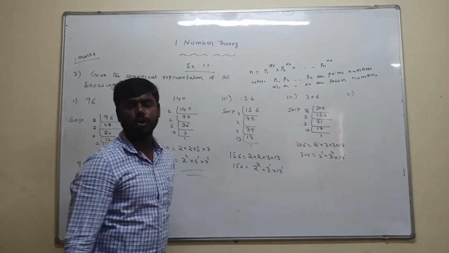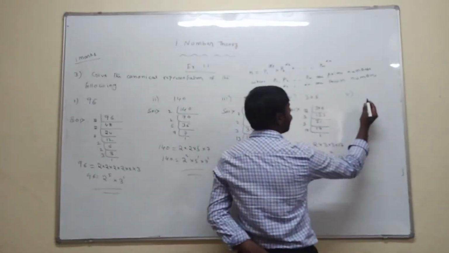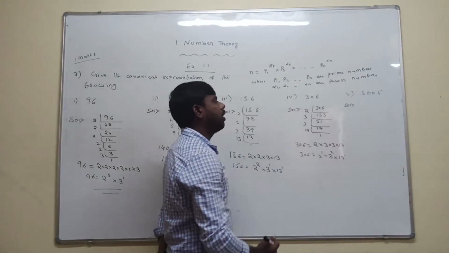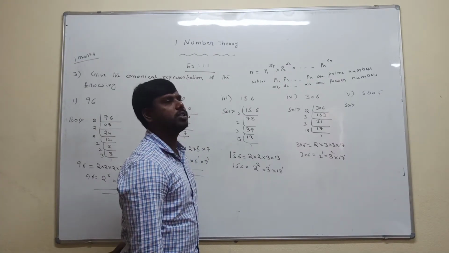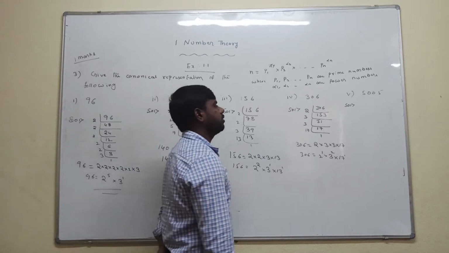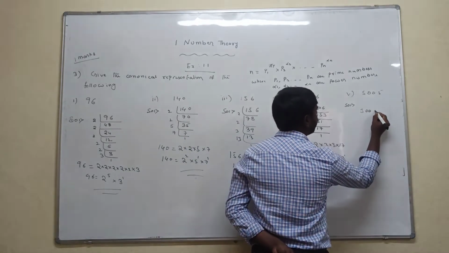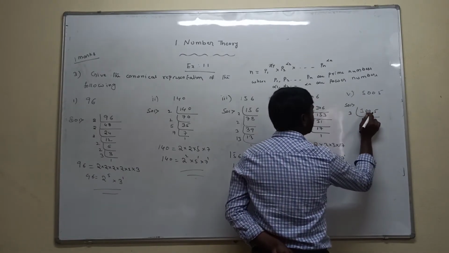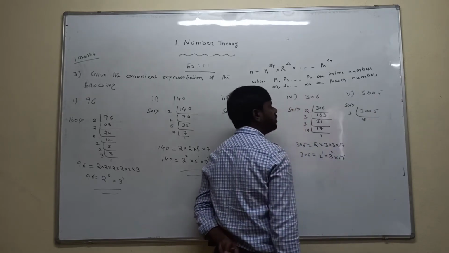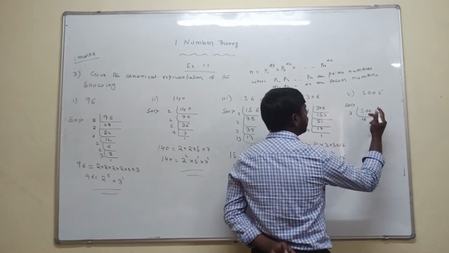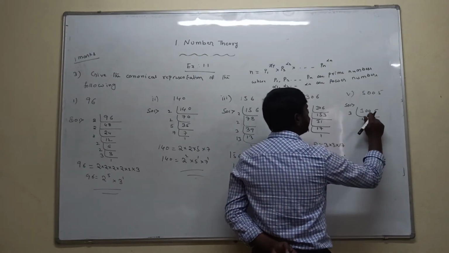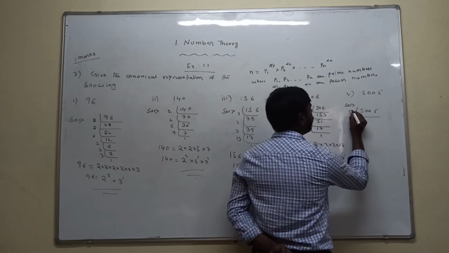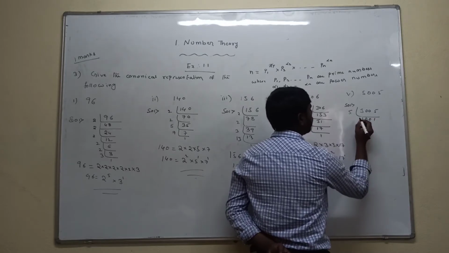Next we are going to the fifth question. The fifth question they have given 5005. Now this 5005 is not divisible by 2. So check 3. 3 ones are 3, 20 is there. 3 sixes are 18, again 20 is there. 3 sixes are 18, so 2 is there, 25. So 25 is not divisible by 3. That's why I am taking 5. 5 ones are 5, 0 0 1. So next.